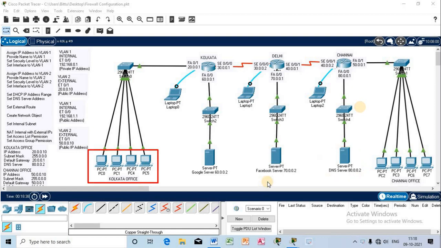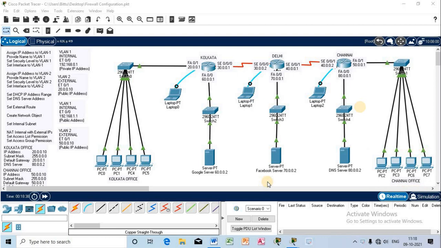Observe, we have an office at Kolkata having 4 computers internally connected with a switch, and that switch is connected to the Kolkata router. So that is why we have a Kolkata office having 4 computers. You may have as many computers as you require. I have just established a connection with 4 computers at the Kolkata office. Another 4-computer network I have created for the Chennai office, and that is connected with the Chennai router. Observe.